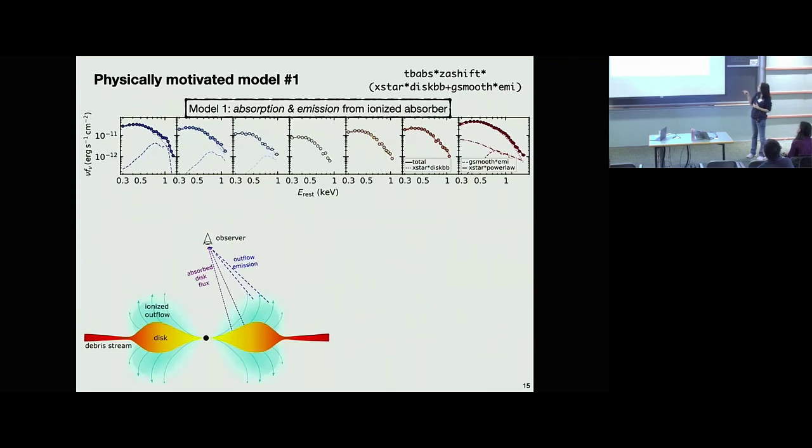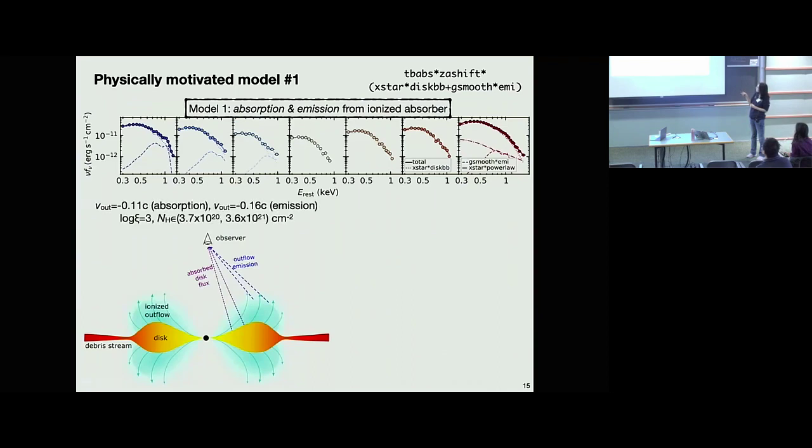So here is the first model, just to remind you. Here we are considering some ionized outflow covering the disk, creating some absorption and emission features. For those of you who are familiar with XSPEC terms, here is the full model's name. In the very last observation, we also added a power law component to account for the hard tail above 1.5 keV. We jointly fit the spectrum, but allow the disk temperature, radius, and column density of the outflow to change across the different observations while fixing the ionization state and the outflow velocities.